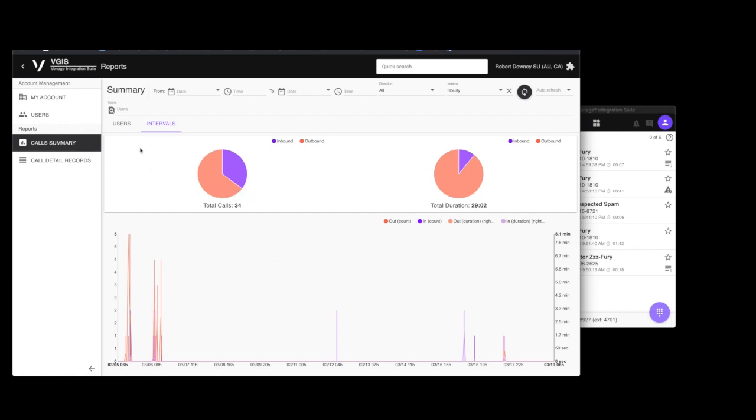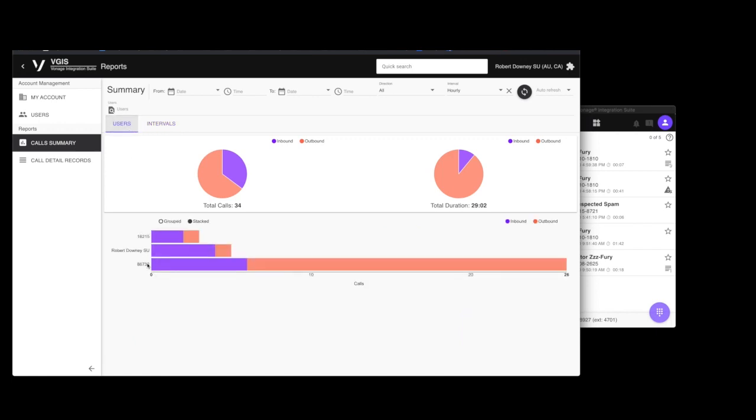If I have a large group of users using the integration, I can click on the user group and see all those users, and I can filter them by name to filter out and see only the people I want. I also have the capability to look at specific date and time ranges in the system, as well as direction and interval, to more fine-tune that report. I can also auto-refresh this screen so that if I want to put it up in the call center as a wallboard, I can do that.